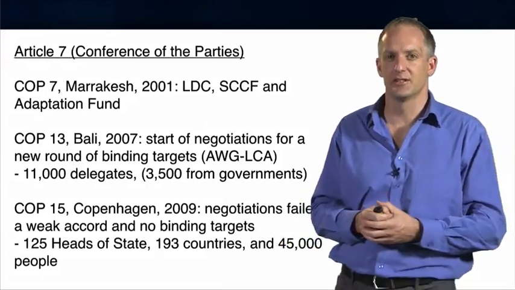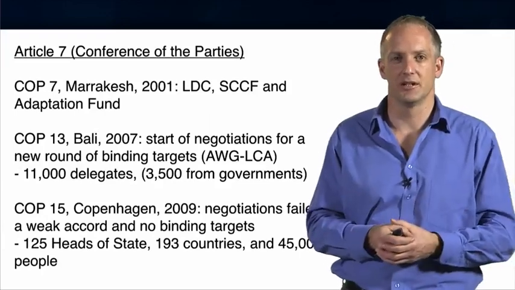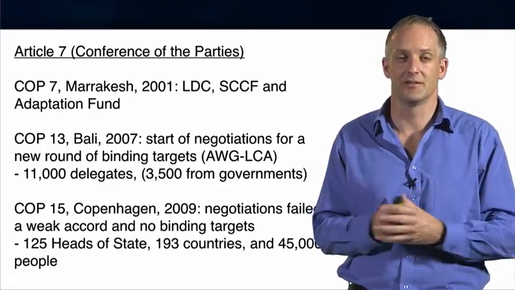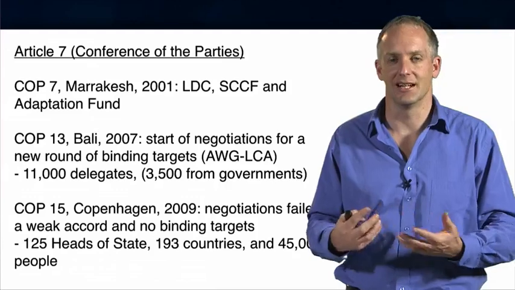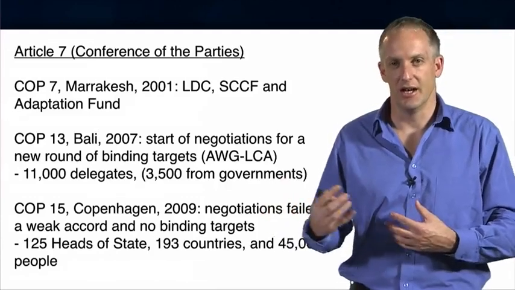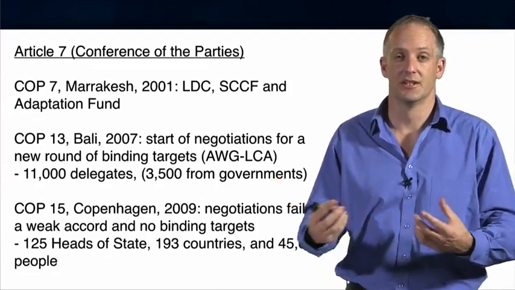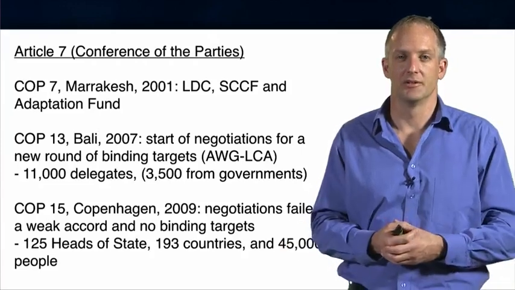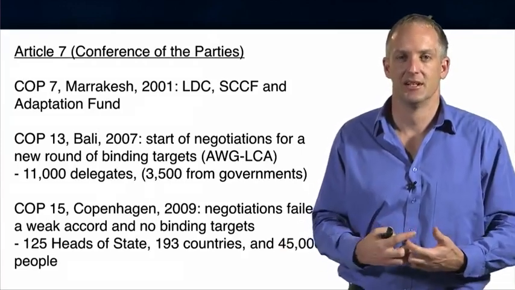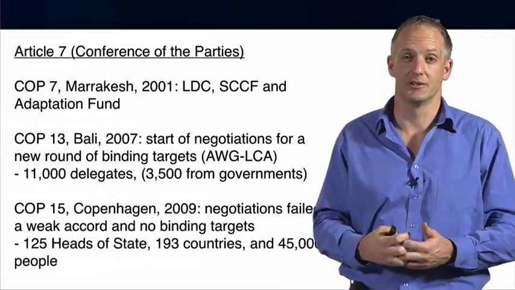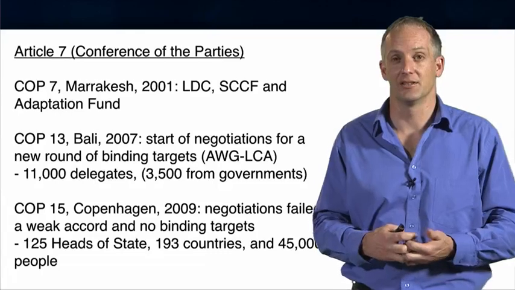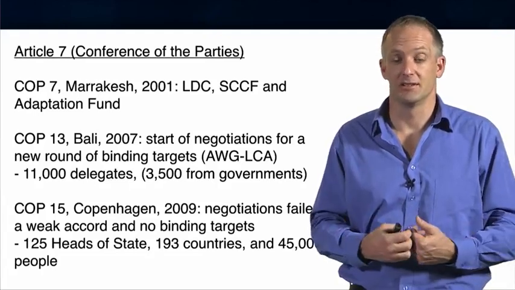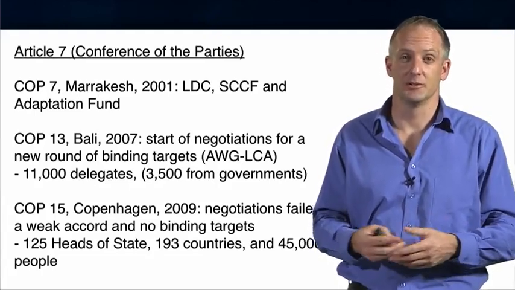And just that number is quite interesting. Just to pause on this, there's 11,000 people at the conference, 3,500 from governments, so only 3,500 are from formal parties to the convention who are able to actually engage in negotiations and in all the various side meetings about the drafting of text and the horse trading around words that go on. So two-thirds of the conference are not actually engaged in the actual business, the face-to-face, let's talk about issues that goes on between governments. And of the 3,500 from governments, many of those are non-negotiating members of delegations. They might be industry leaders or NGO representatives or support people or whatever.